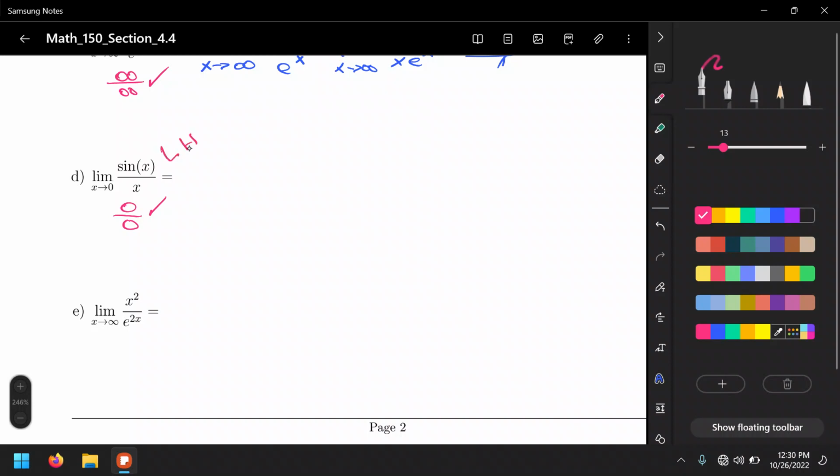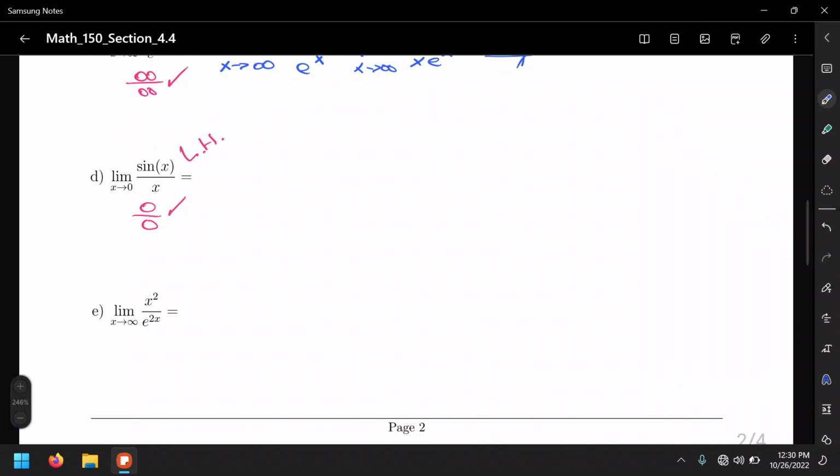L'Hopital's, LH. And so what's this? That's limit x approaches 0 of the derivative of the numerator. The derivative of sine is cosine. And what's the derivative of x? 1. This is the same as saying limit of cosine x